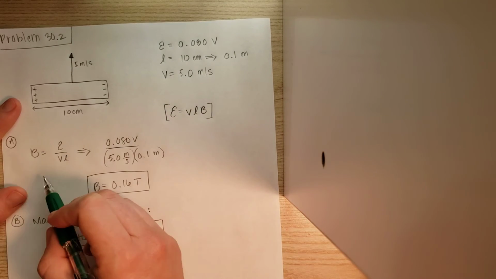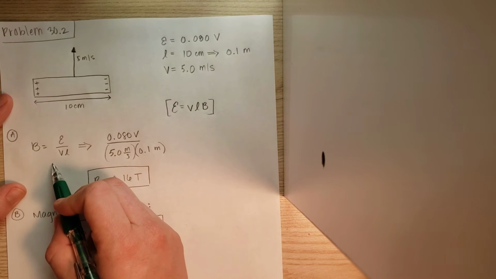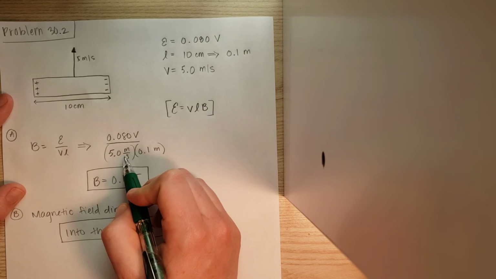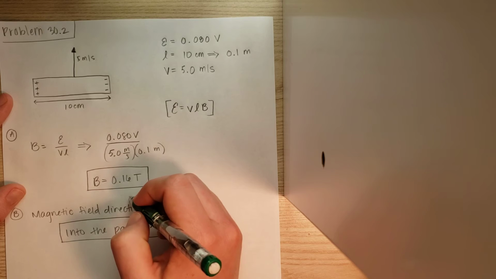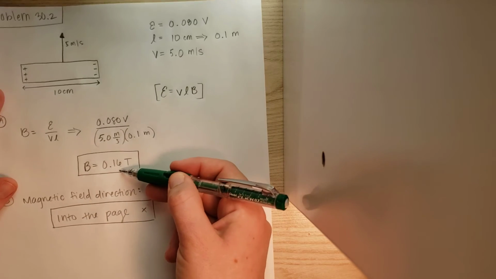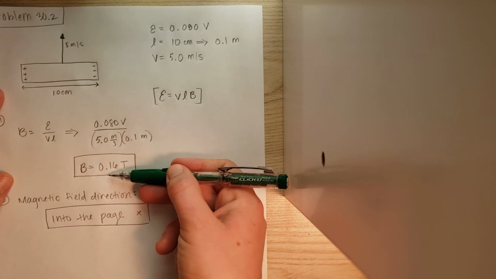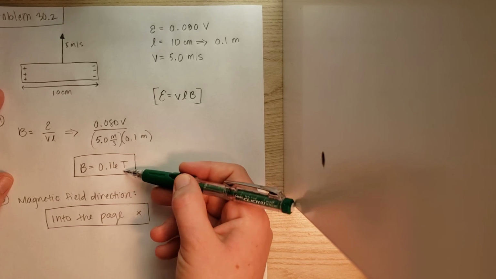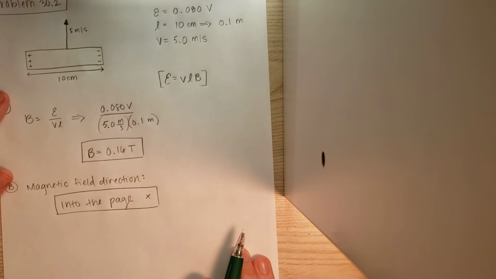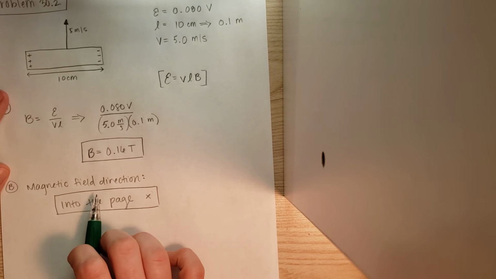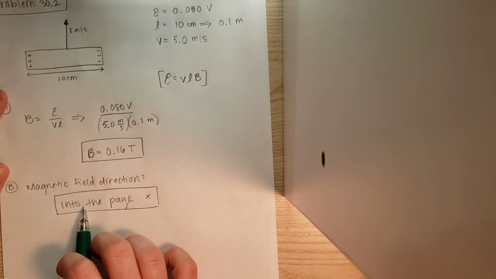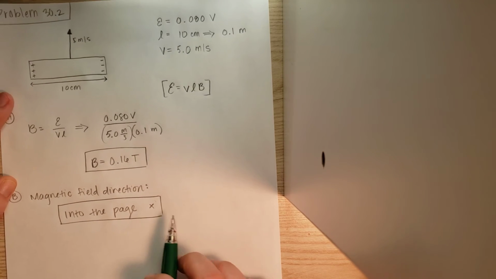using this equation we can solve for the magnetic field. So we just rearrange that, plug in our numbers, and then we get our magnetic field equal to 0.16 Teslas. And then for part B, it wants us to determine the direction of the magnetic field, and that's going to